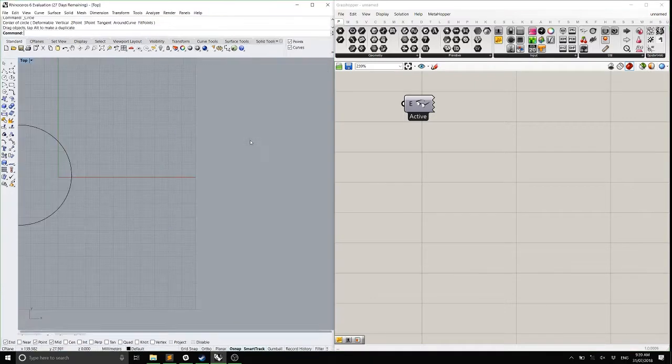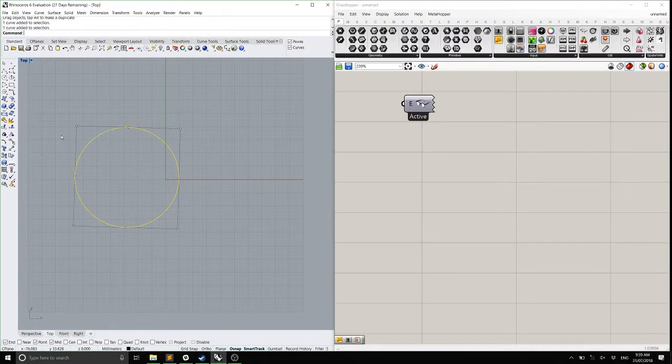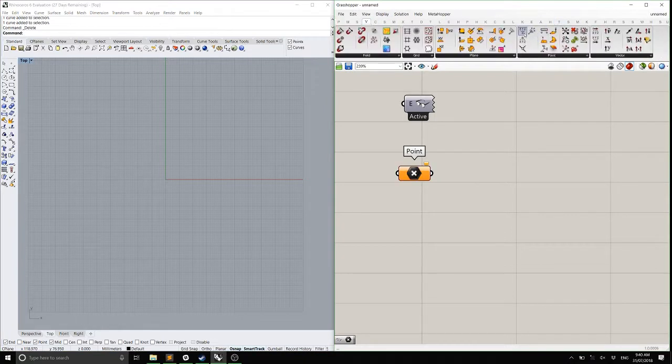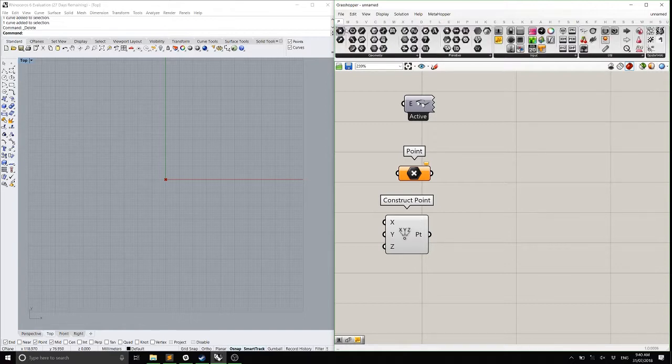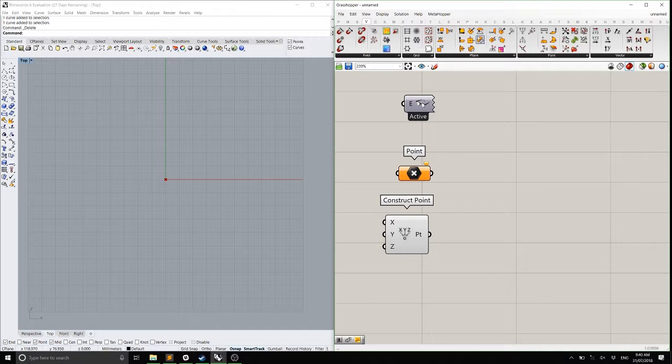So step one, I honestly prefer drawing control points in Rhino and referencing them into Grasshopper. You can draw your own, or you can create points directly in Grasshopper, and I'll use both methods here, and you can choose which one you want to use. If we go to the parameter tab, we can get points as a parameter. Or if you go to the vector tab, we can get construct point, which will